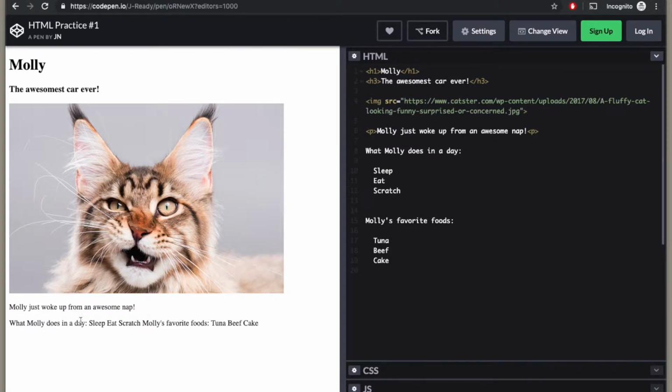And what do we have left? We have what Molly eats in a day, and then sleep, eat, scratch, and then this. So we have two lists left. So the first one, we are going to make an unordered list. So the way you make an unordered list, it's